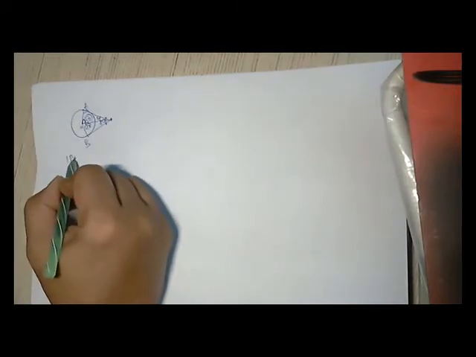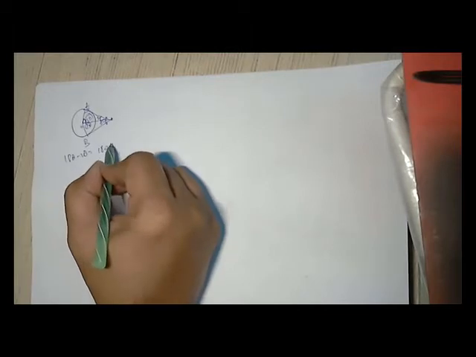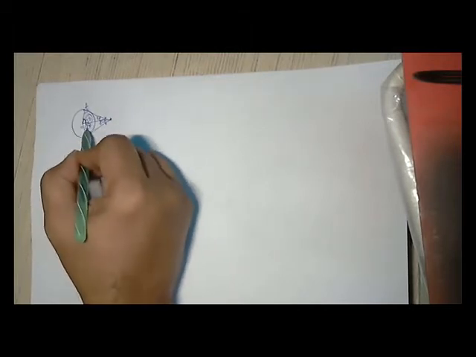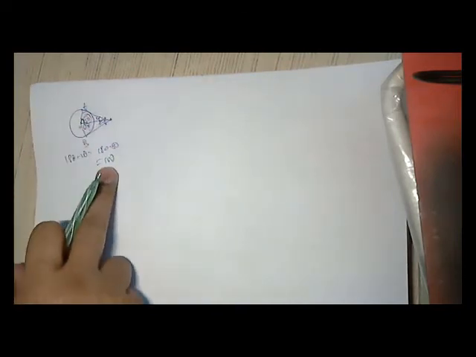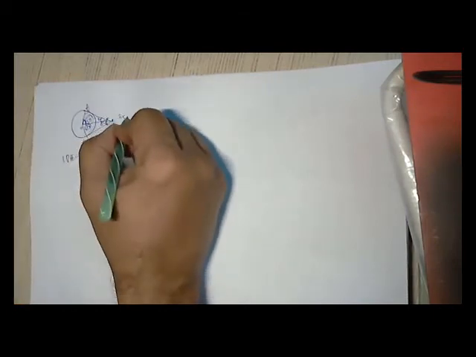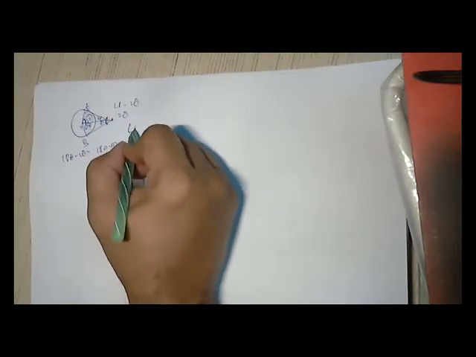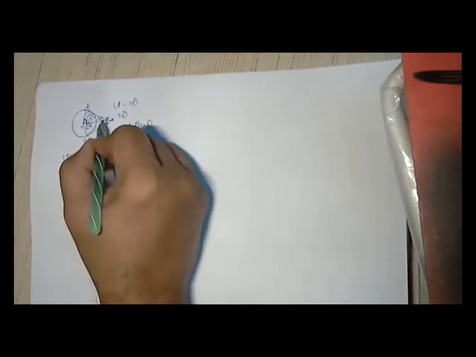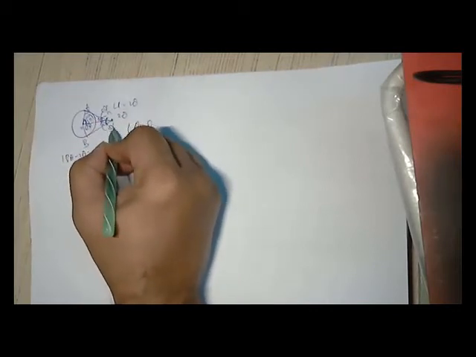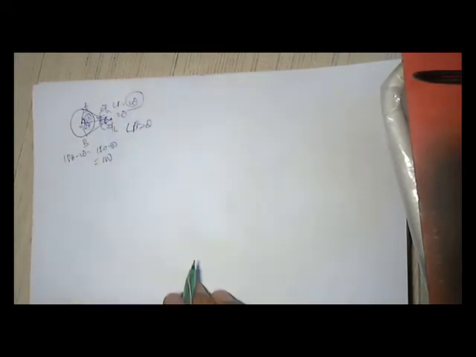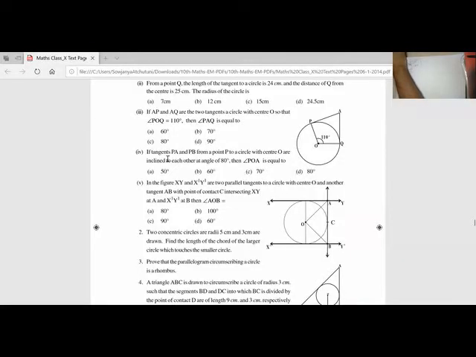If you see, 180 minus 2 theta, 180 minus 80 is 100. So the total angle is 100. So this is 50 and this is 50. From both sides you can come. The total angle is 100, so half of this is 50. Or you can say 90 minus 40 is 50. Angle P is 2 theta. If I say angle P is theta, then this becomes theta by 2 on each side. For convenience, I have taken the nomenclature 2 theta. You can take theta and convert into theta by 2, no problem.